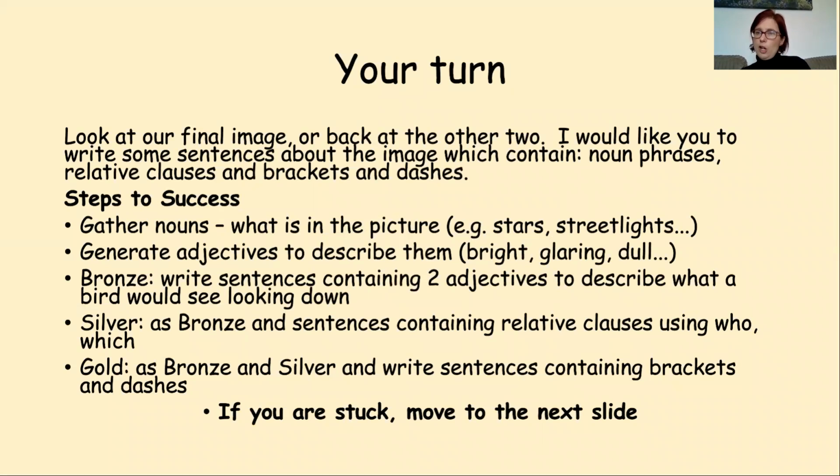Okay, so that's our final image. I want you to look at that again, so you'll need to rewind me in a moment once you've heard the instructions, or back at the other 2. I would like you to write some sentences about the image which contain expanded noun phrases, relative clauses, and brackets